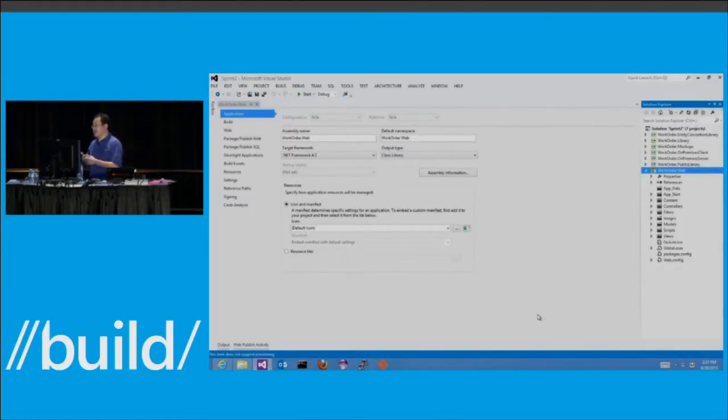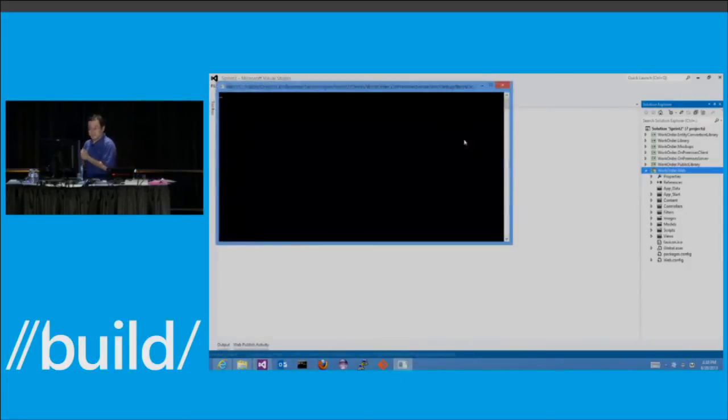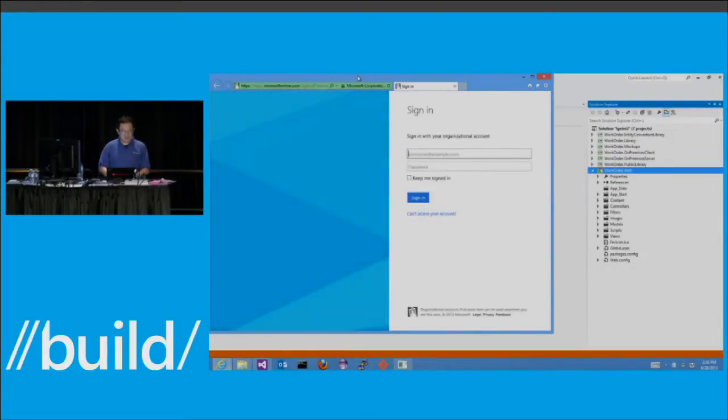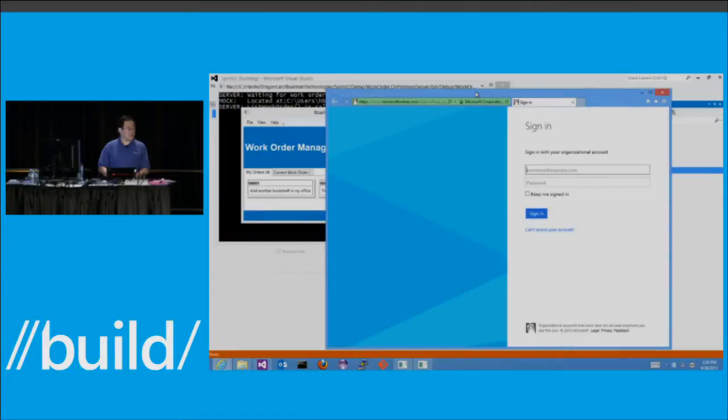There's a lot of things going on under the hood, but that's all you need to do from a developer's perspective. Let's try to launch this again. You can see the website is being launched. But because of the trust relationship, I'm redirected to my identity provider, in this case, Windows Azure Active Directory, to sign on. I'll log into my tenant.